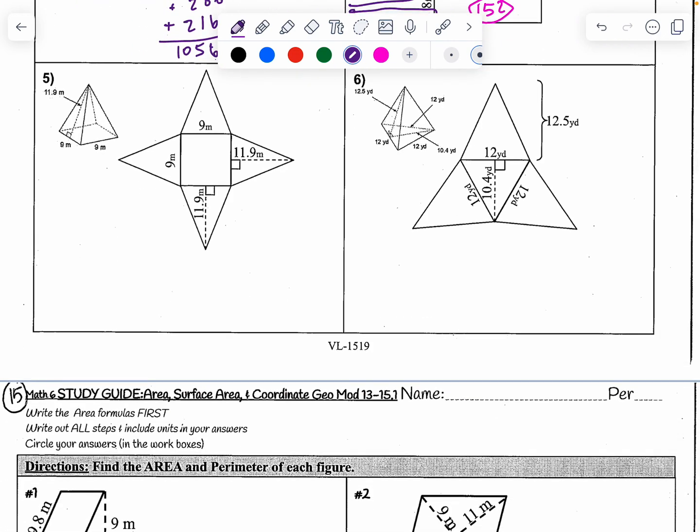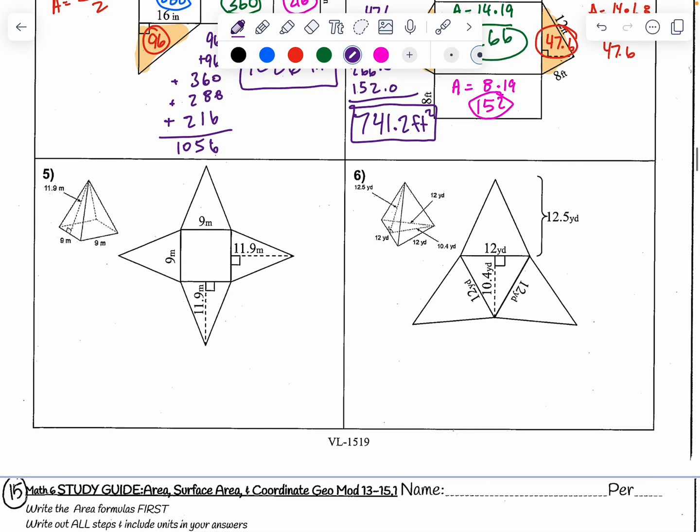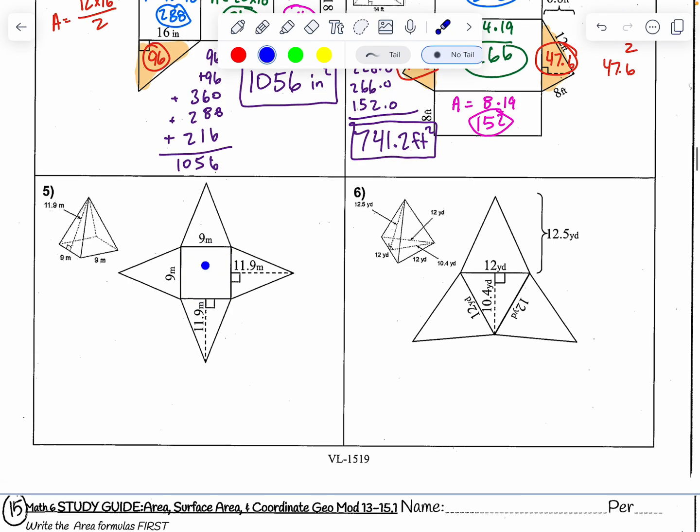We've got two kinds of pyramids. And the pyramids are not difficult, I don't think they are anyways. You've got a base, and then you've got the base being surrounded by triangles. The number of triangles being dependent on how many sides that base has. So we've got the square pyramid,